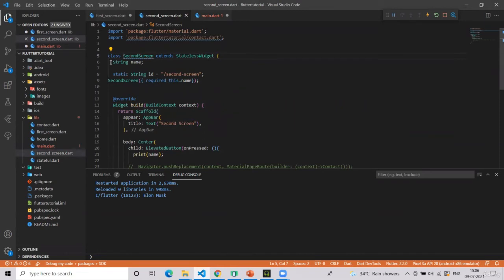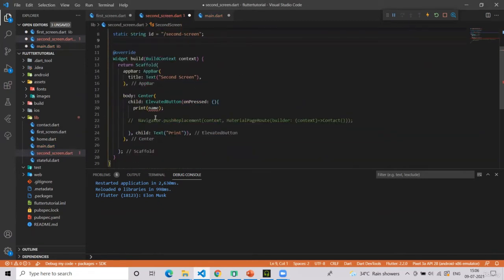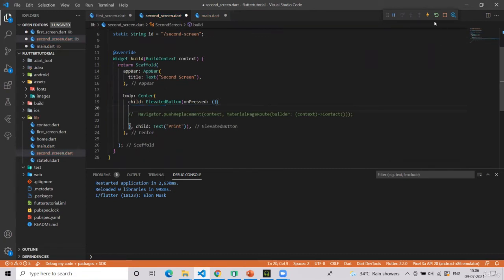And since we are using named routes, I have to remove this constructor, that is, we cannot accept value like this. For that, what was the step?